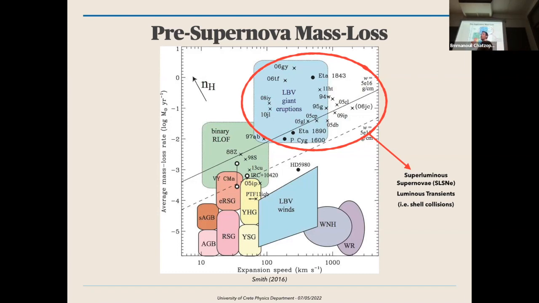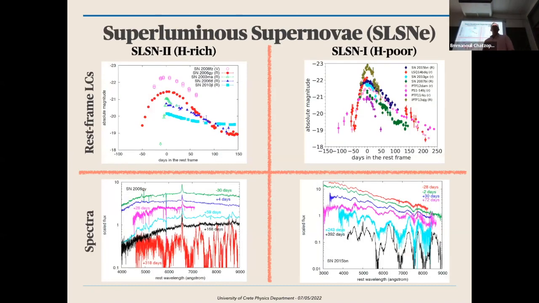Anyhow, you can have situations where massive stars abruptly lose a lot of material. And that material is not going to disappear. It's going to sit around the star. And that star is going to blow up as a supernova and interact with it. So this is a space that I'm interested in particularly. And it's a space where you find some of the brightest transient phenomena in the universe, including superluminous supernovae and other fast luminous transients that I will talk about today. So speaking of superluminous supernova, from now on, I'll be using the